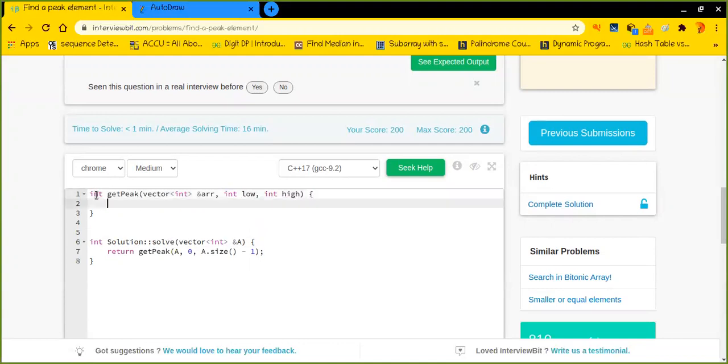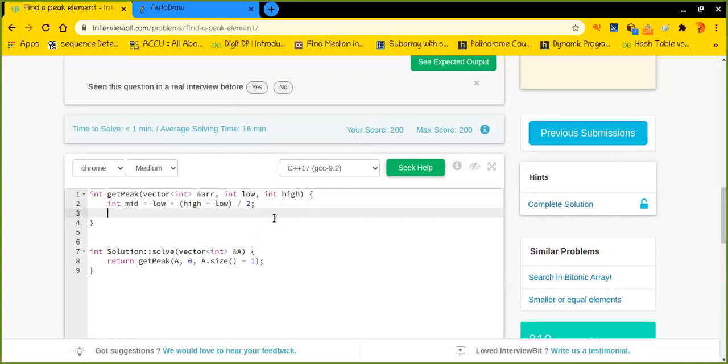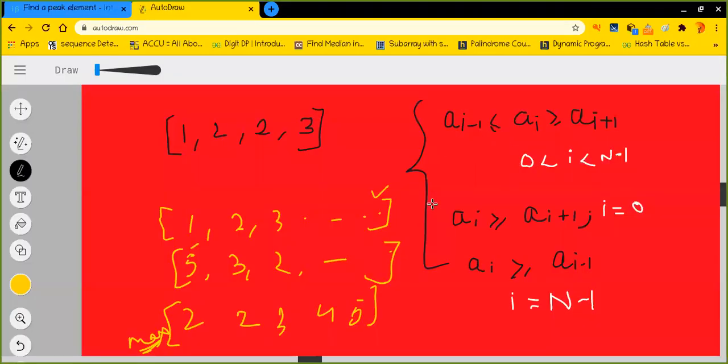Perfect. So basically, guys, I have to find out the middle element first, and the middle element has been found. Now there are three possibilities, as I have already mentioned right here. As you can see, this is the first case, this is the second case, and this is the third case. I have to separately mention all these three cases right here, and I hope these cases are perfectly clear to you.